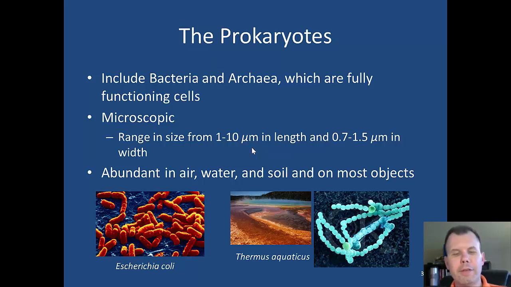If you remember, in the last video the viruses were in the nanometer range, anywhere from 10 to 100 nanometers. Very, very tiny, 10 to the minus 9. These guys are about 10 to the minus 6, so they're about 1,000 times smaller than a millimeter. And they're about 100 to 1,000 times smaller than our average eukaryotic cell. They're at the extreme limits of where our microscopes can see. We can see these in the lab, and so you will be looking at these in the lab this week as well.